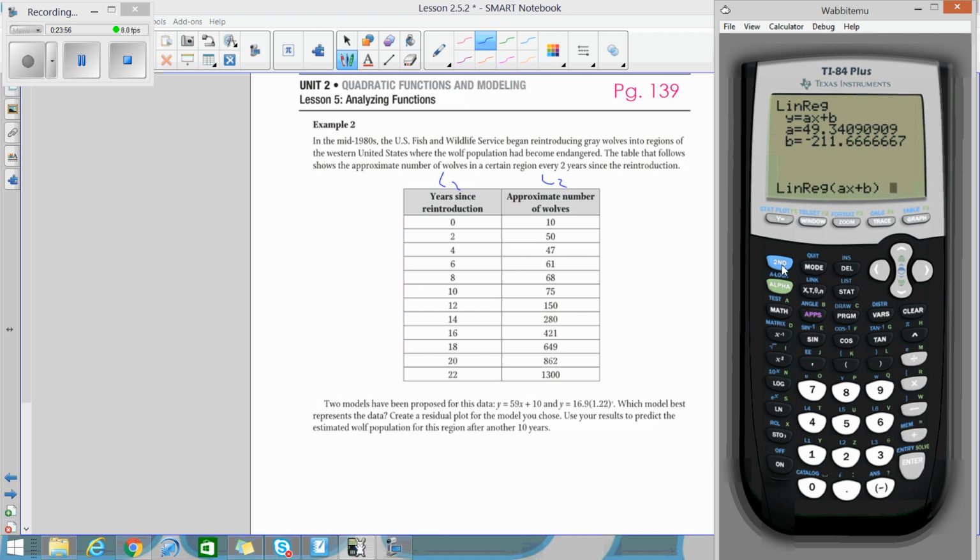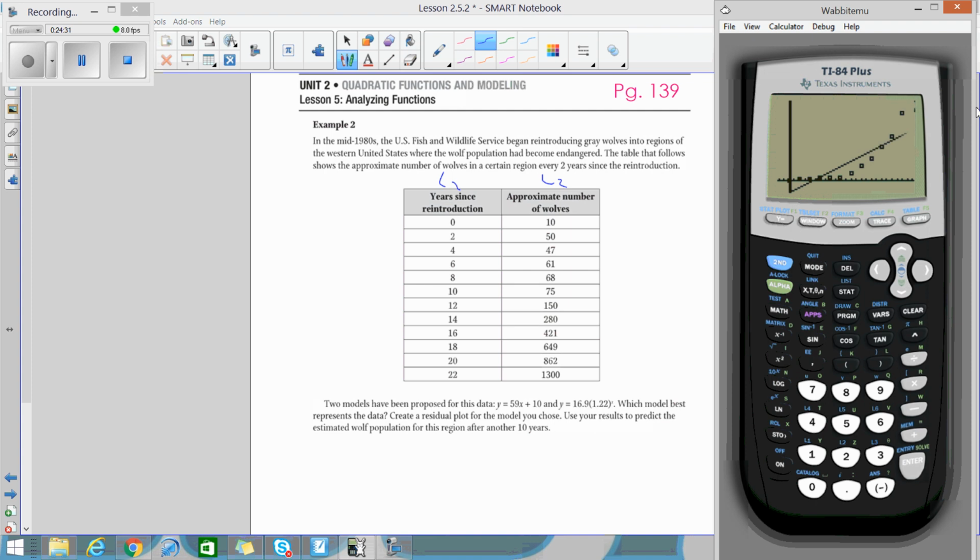The way that you store it is you go second 1, comma, second 2, comma. Basically what you're saying is you're taking your L1 and L2 columns, and we're going to go vars, go over to yvars, hit function y1, and hit enter. Basically what that did is it gave you the same answer, but now it put it into your y1. I didn't do any of that. That's what my calculator did. So now when I go zoom 9,